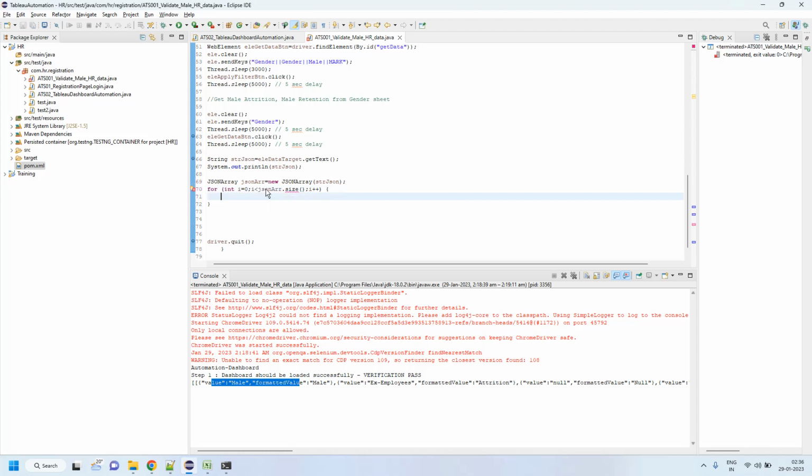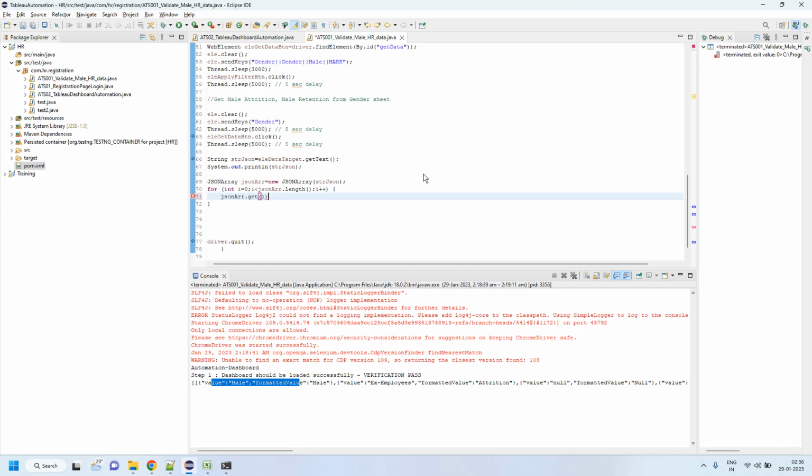Okay, inside the for loop, JSON array dot length. So we have to capture each element of this JSON array. So for the JSON array length we have to capture JSON array dot get